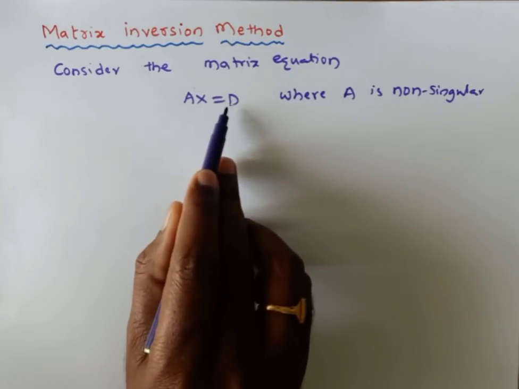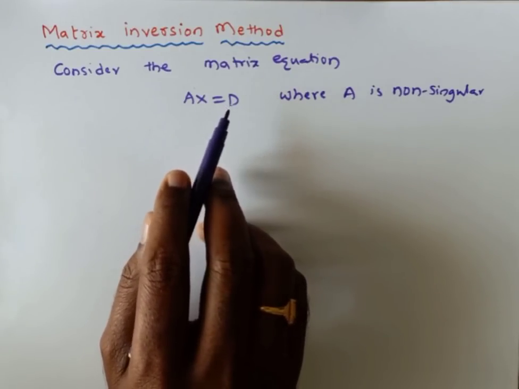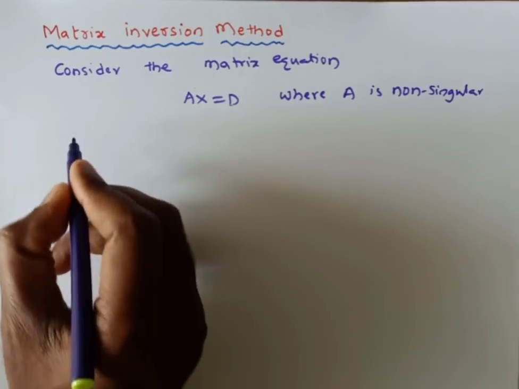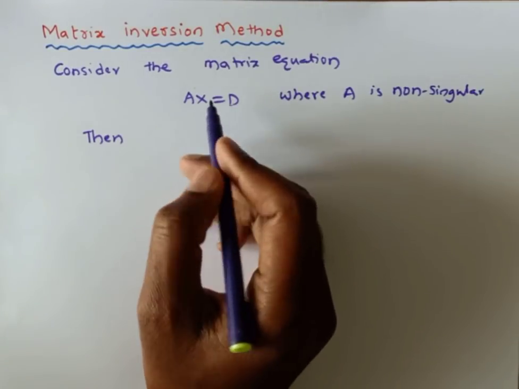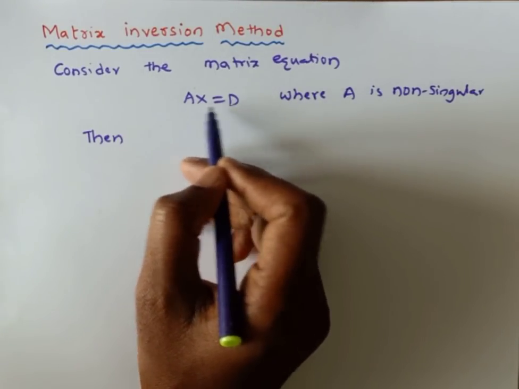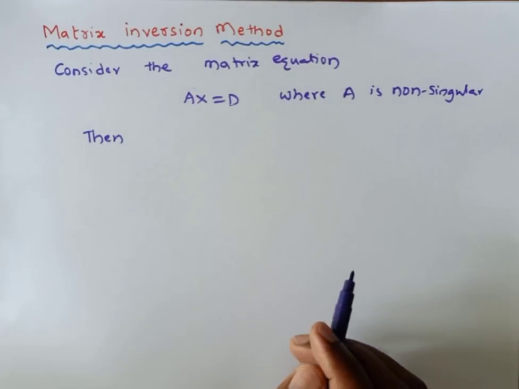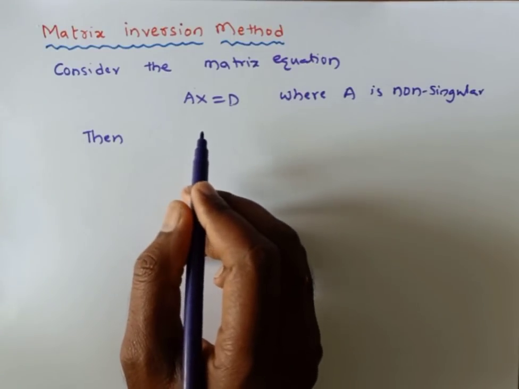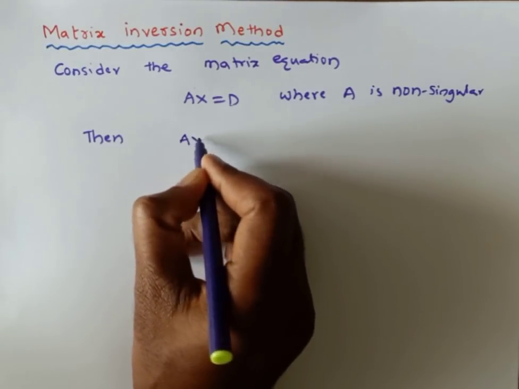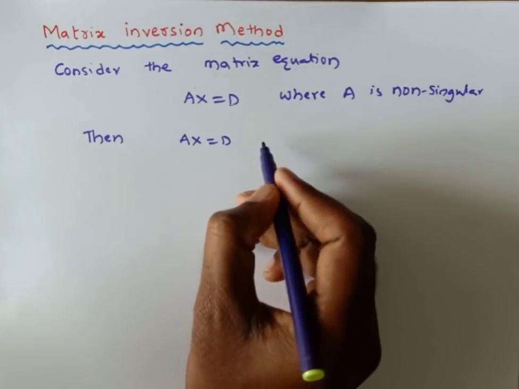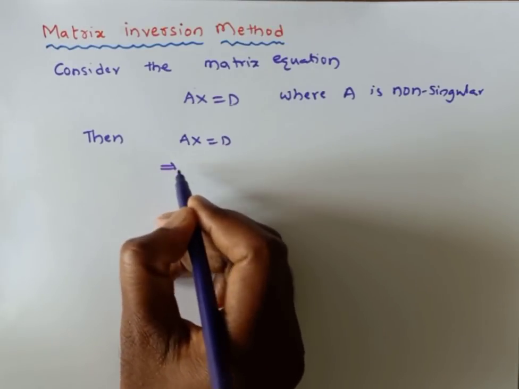Here we get these three matrices from the given system of non-homogeneous linear equations. Then we need to find the solution. Solution means we need to find the value of X. Here the known things are A and D, and X is the variable. There are three variables, so try to find the values of x, y, z by using the matrix inversion method. Now, one thing is given: A is non-singular. A being non-singular means A inverse exists.